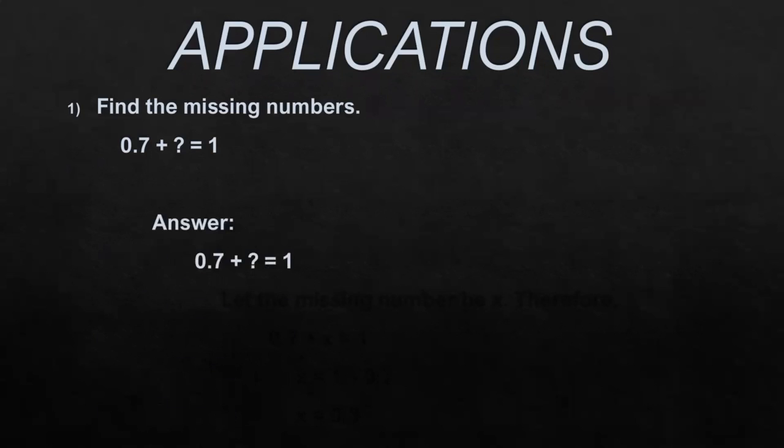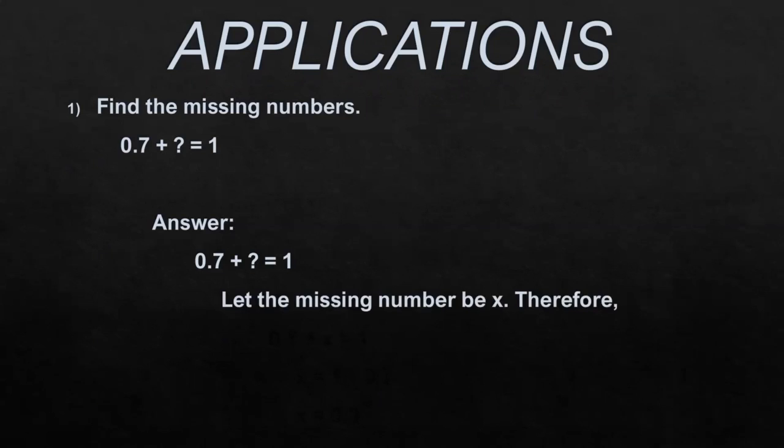The first step is I just wrote that question itself. Then let the missing number be x. This is a common thing in mathematics. Whatever is missing in mathematics, we give it as x. Then by focusing on that x, we will find that missing value. So here, the question mark I just replaced as, let the missing number be x.